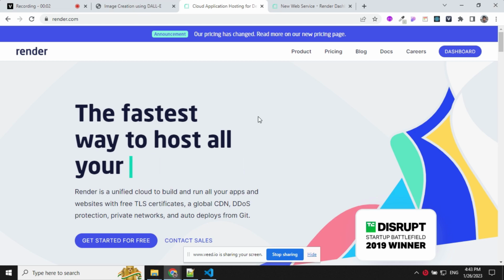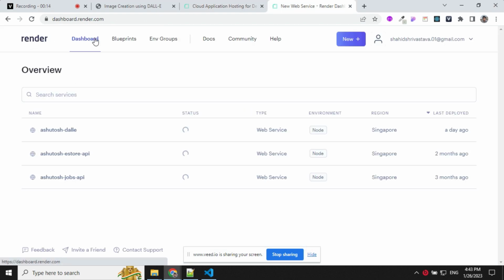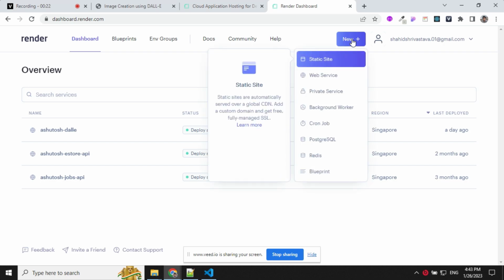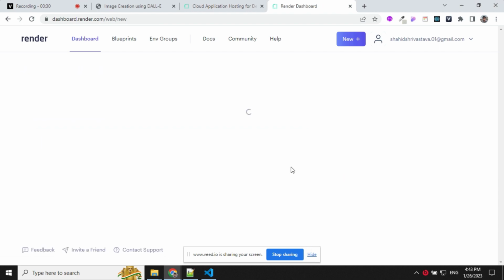Thank you. I have deployed this on Render, which is a cloud platform. It has a free tier as well. Everyone can try it. You can create an account using your GitHub account. By logging into your dashboard, you can see that my service is running here, and I have multiple services running over here. You can click on this plus sign. You can go to web service, connect to your GitHub branch, and